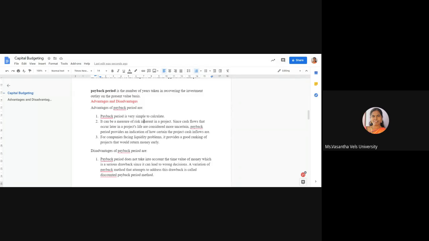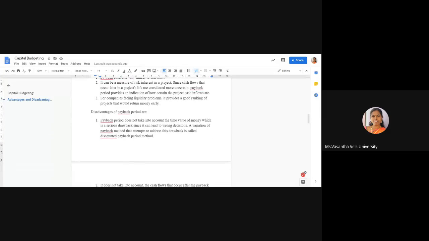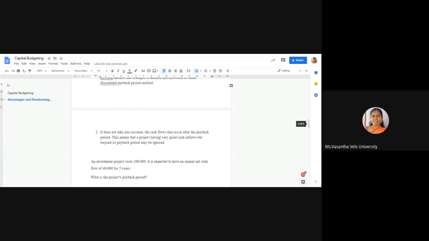Disadvantages of the payback period method: it does not take into account the time value of money. That is one of the important disadvantages. Because at the end of the second year we are receiving 10,000, what is the true value of that will not be found out with the help of the payback period. If in the second year we are going to receive 2,000, that value is not exactly 2,000. Definitely it will be less than the original value. Through a discounting factor we find out the true value of the money, which is not incorporated in the payback period. This is one of the important limitations.